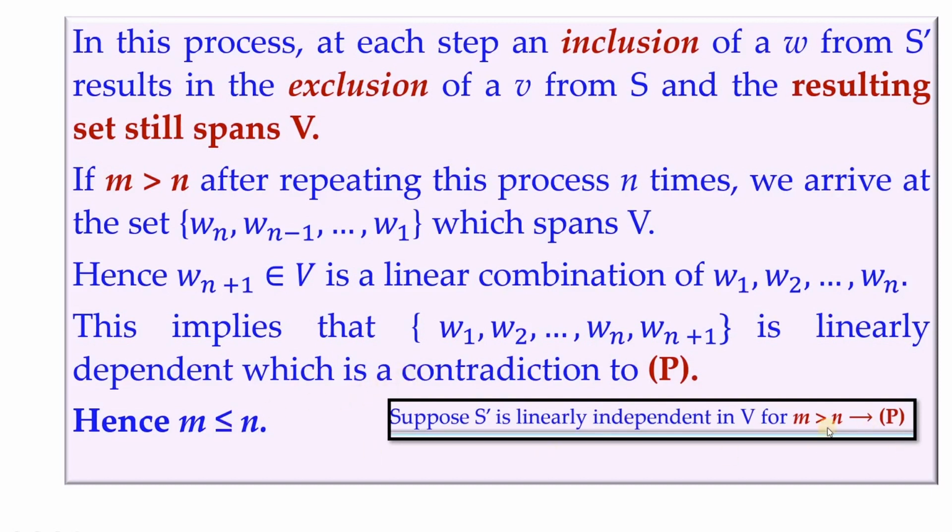So our conclusion should be M cannot be greater than N. It should be less than or equal to N. So the number of linearly independent vectors in an n-dimensional vector space should be less than or equal to N. Now this can be explained in the